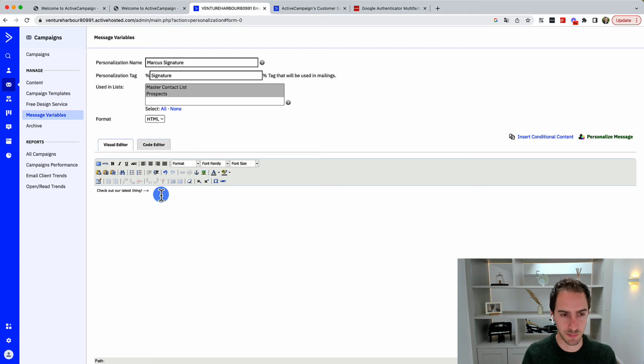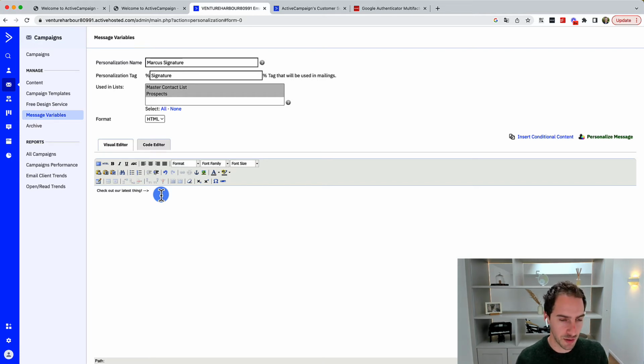Let's say you've been using ActiveCampaign for a couple of years and you've created like 50 different email campaigns that are all in email automation sequences. So they're all being sent every single day. Your email marketing is essentially now on autopilot. But let's say you now want to change your email signature. Maybe you're running a webinar and you want to promote that webinar in all of those emails that are being